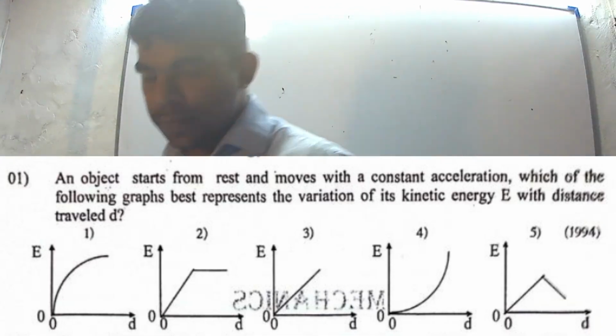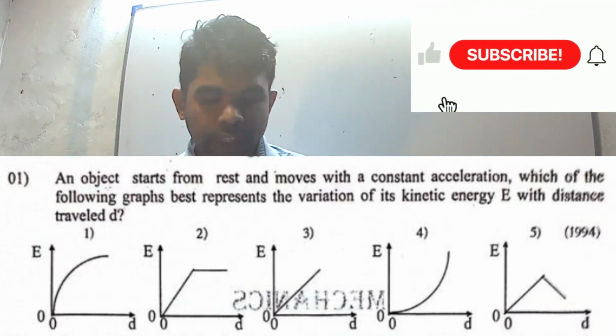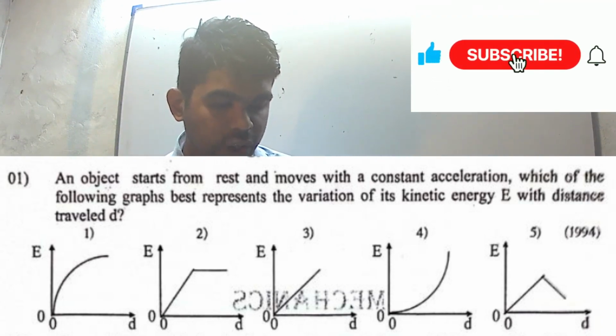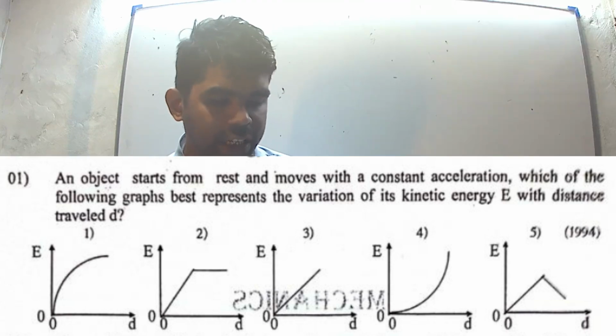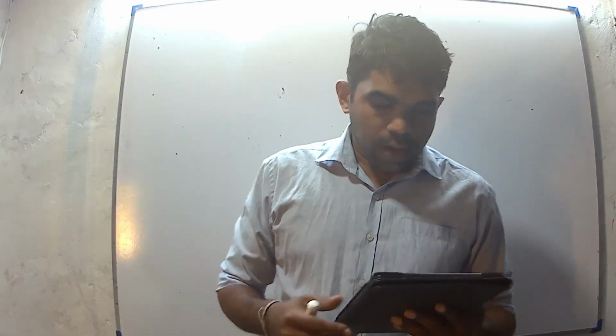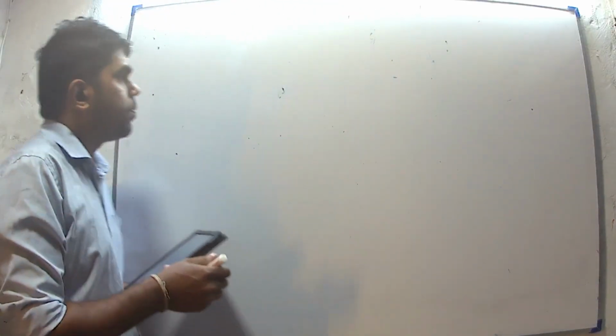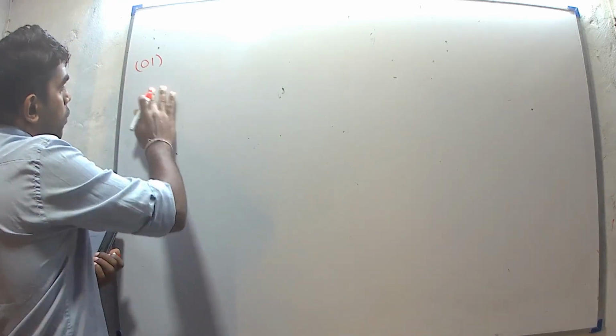Question number 1. An object starts from rest and moves with a constant acceleration. Which of the following graphs best represent the variation of its kinetic energy with distance traveled? We can get an equation. If there is a constant acceleration, we can use